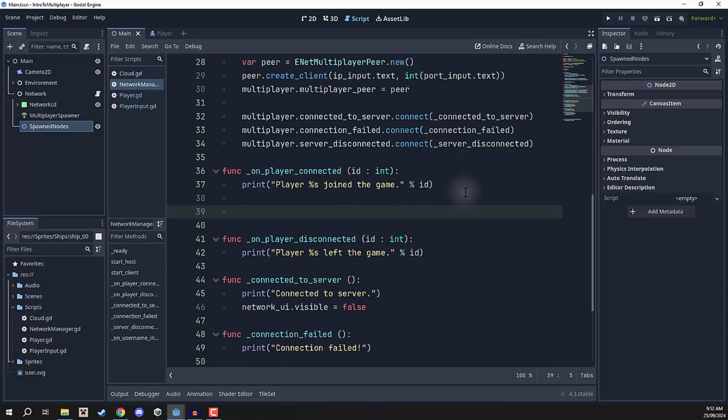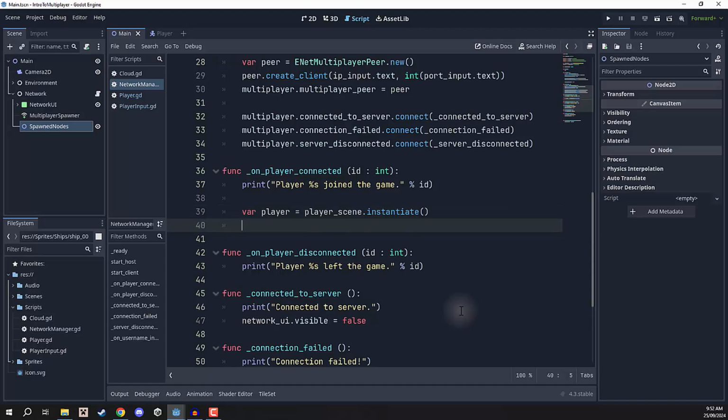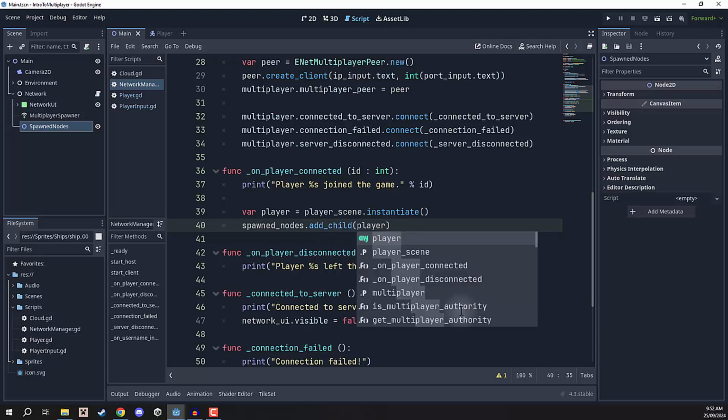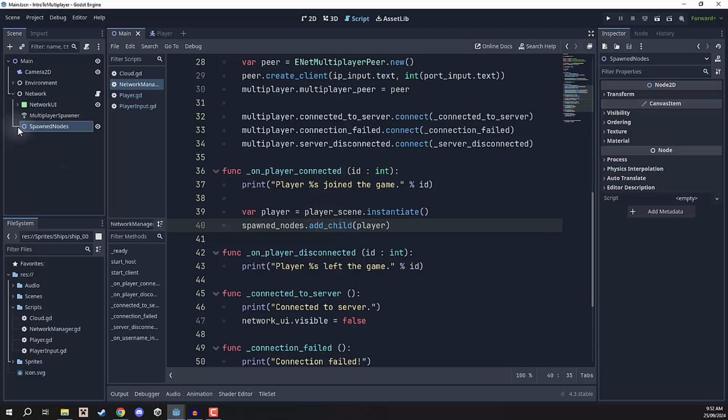So we're going to go to a new line, and we are going to create a new variable called player. This is going to be equal to player scene.instantiate, just as we would do normally. And then what we want to do is basically assign its parent. So here we will go spawned nodes dot add child player. Okay, so when a new player is spawned into the game, they will become a child of the spawned nodes